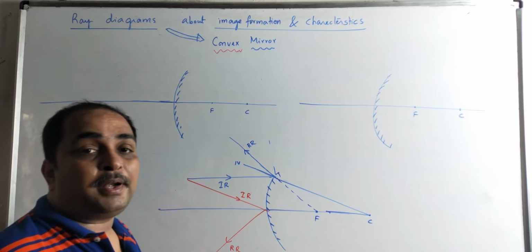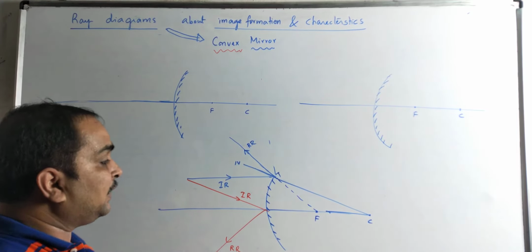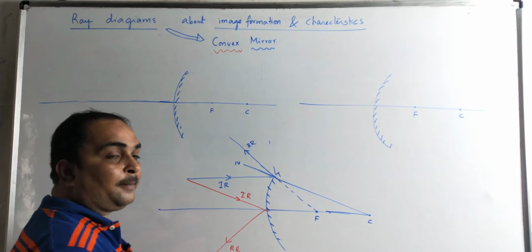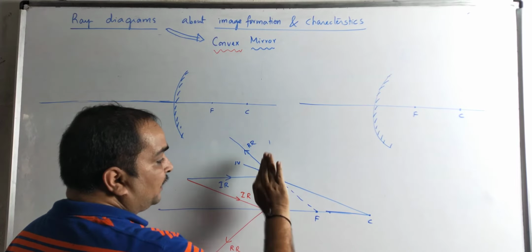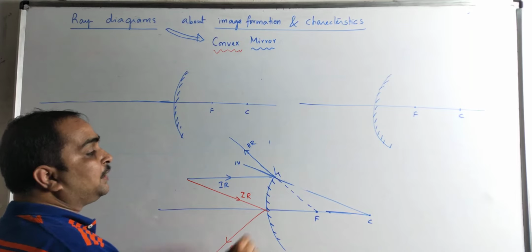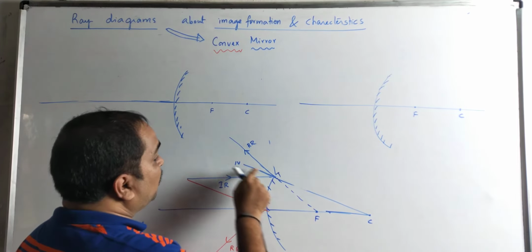But the preliminary difference between concave mirror and convex mirror is like this. In a concave mirror the center of curvature is on this side; the convex mirror is like this, so the reflecting side is the convex side. The other side we can coat with silver nitrate, so you will see this side only, not that side. So this is the mirror. If you see the curvature is like this, its center lies on the other side. If you draw a line passing through the center, that's called the normal. So this normal is going like this.